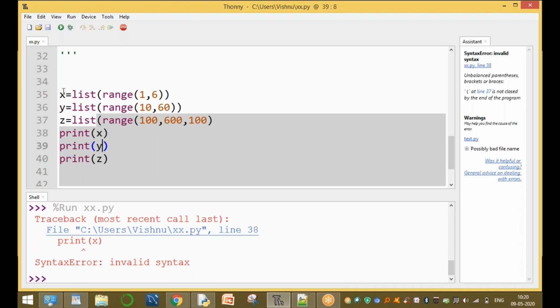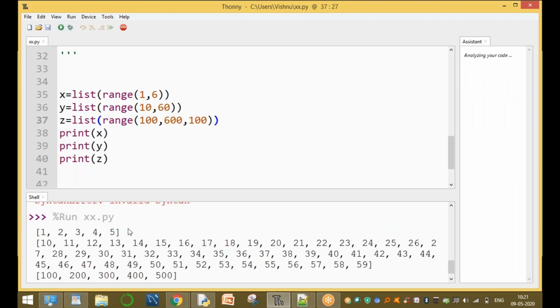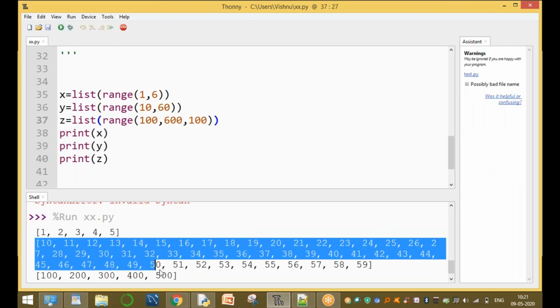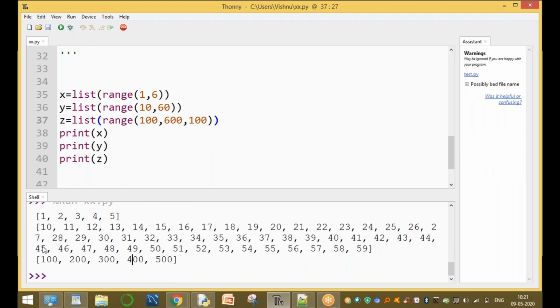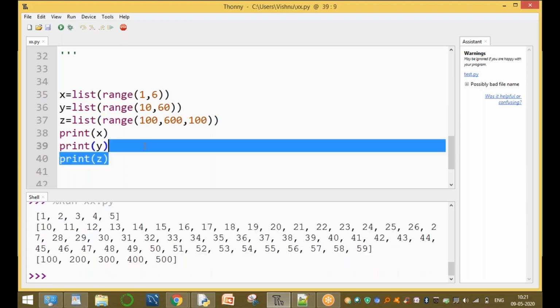X is a list, and this prints the value of x. Invalid syntax: one more parameter, one more parenthesis is missing. Now run this: creating x list, y list, and z list. Three lists are printed one by one. This is the z list, this is the complete list y, and this is the complete list x.